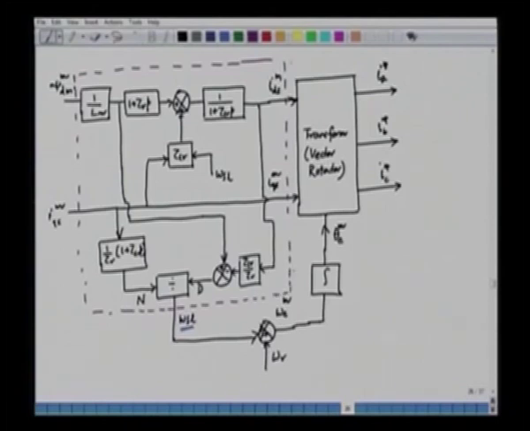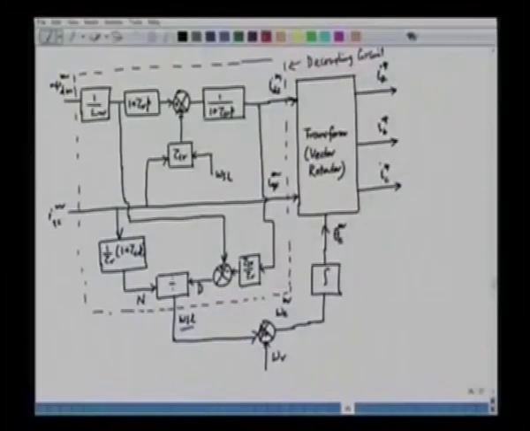This can be termed a decoupling block, or a decoupling circuit, because it decouples the inherent coupling present between the torque component of current and the air gap flux. If we have this signal processing outside the transformation block, we can cancel the coupling that is present in the case of air gap flux orientation, and when we change the torque component of current, the flux